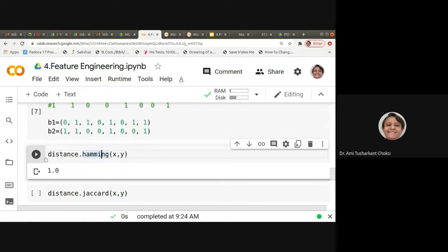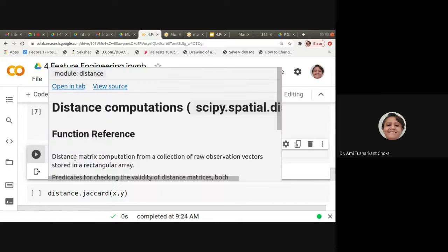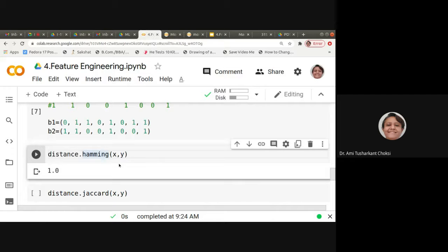Now for the distance, B1 comma B2, if we want to find the Hamming distance, the function is Hamming. It is 0.375.